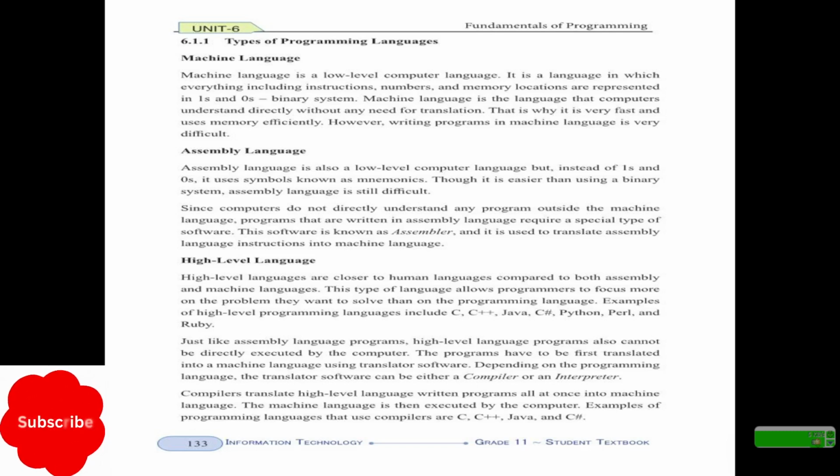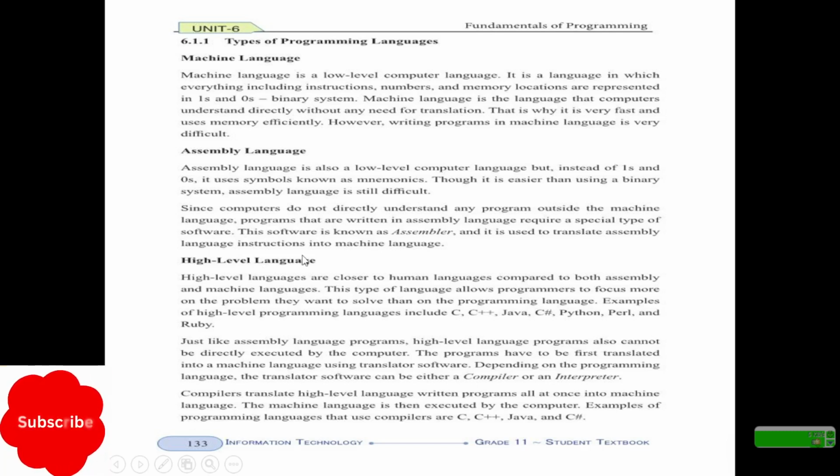Think about two people. One speaks Amharic and the other speaks German. How can the two people communicate? We should translate one language to the other. We must have a translator, like that in a computer. In computers, the assembly language should be changed into machine language because the language of the computer is machine language. Therefore, we must have an assembler that helps us to translate this assembly language, or instructions, or mnemonics, or abbreviations into machine language, so 0s and 1s.